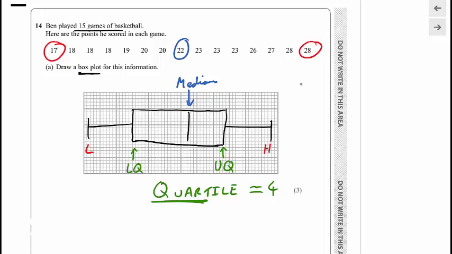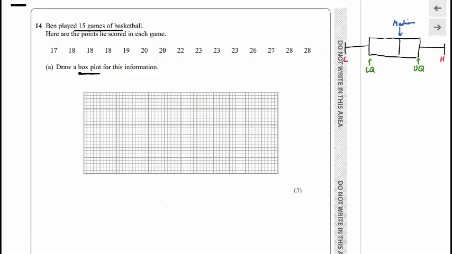So I've split it up into 2 at the moment. Then all I'm going to do is split it up into 2 more sections. So there we go, that's it split up into 2 more sections. And then I'll just simply plot those values on. Now I zoomed through that very quickly because I just wanted to remind you what a box plot actually was. But actually we should slow down and go through it properly,